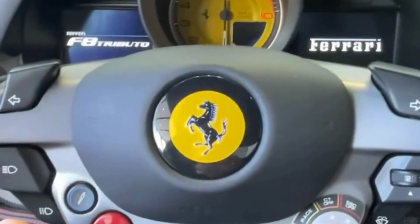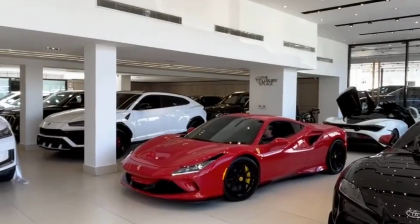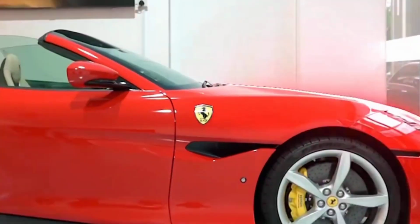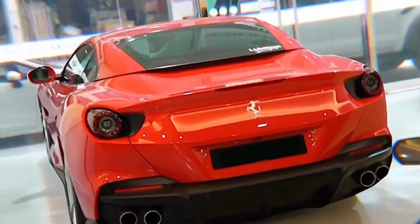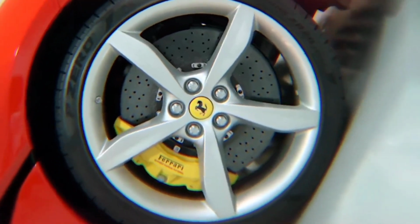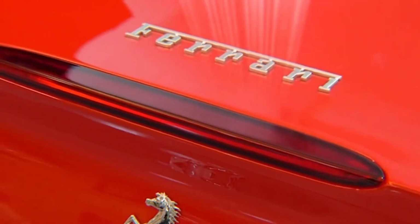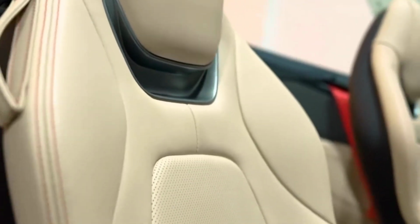Exterior design. The F8 Spider boasts an aerodynamically refined exterior design that is both striking and functional. It features signature Ferrari styling cues, including the iconic prancing horse logo on the front grille. The body is sculpted to enhance aerodynamic efficiency while maintaining a sense of elegance. Prominent features include a sleek, low-slung profile, prominent air intakes, and a retractable hardtop roof that seamlessly integrates into the